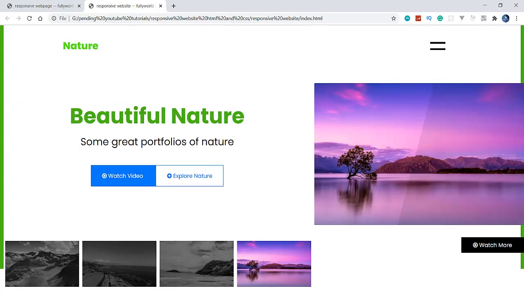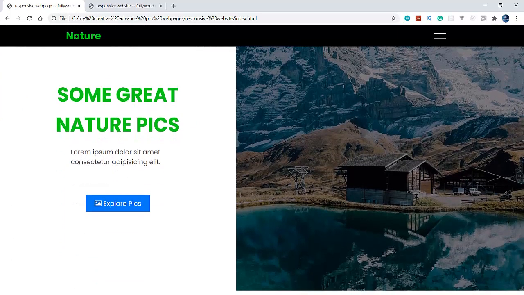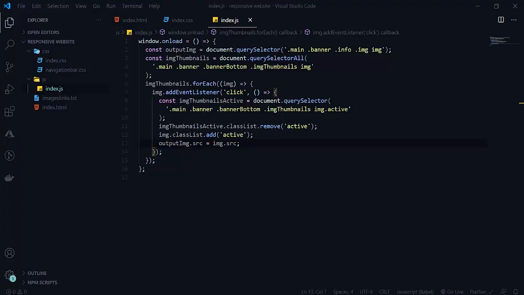Now we will move to this next portion here. We will create this portion, and after creating it, we will move to our navigation bar. First of all we will complete this portion, then we will move to our navigation bar.